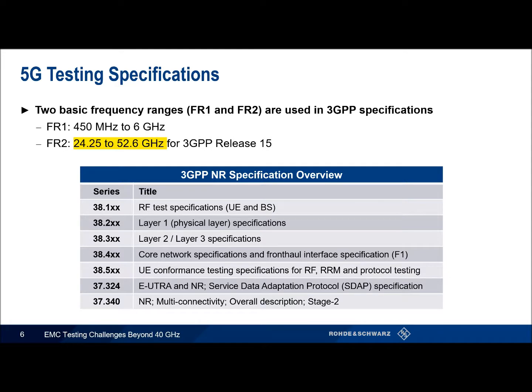Now, all the really interesting work, at least in my opinion, is at FR2, which certainly gets up into the millimeter wave band, and goes from roughly 24 to 53 gigahertz, as you can see on the slide here. And that's certainly something that we're talking about today. The challenge is beyond 40 gigahertz. FR2 lays squarely in that. And if you want to read more about how these